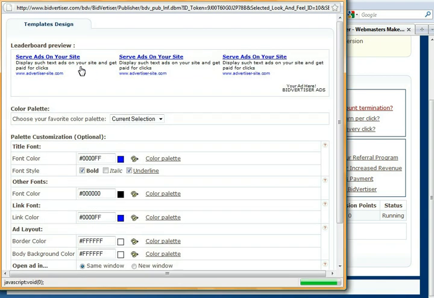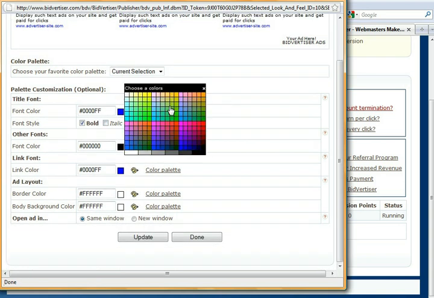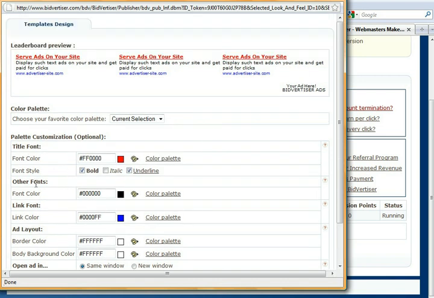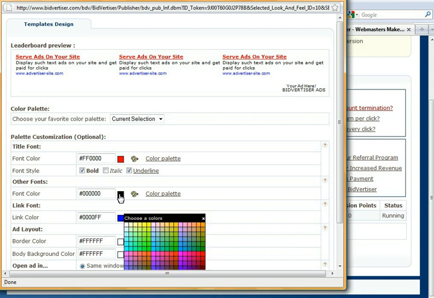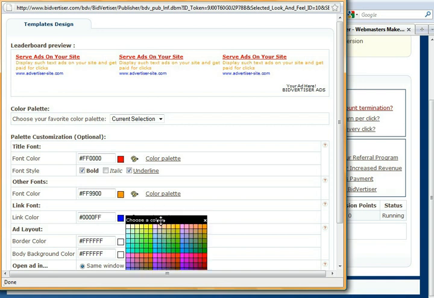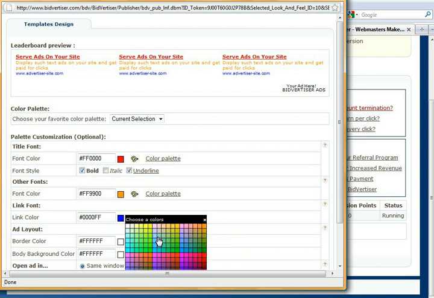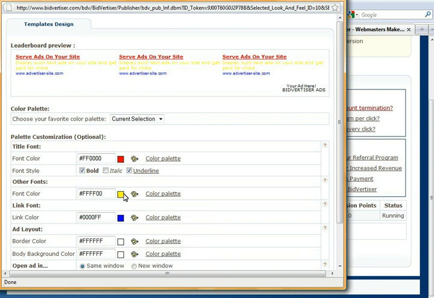So this will be your ad. This is a little bit of preview. You can change your font color also. You can go for red. Font color, you can choose anything, yellow also.